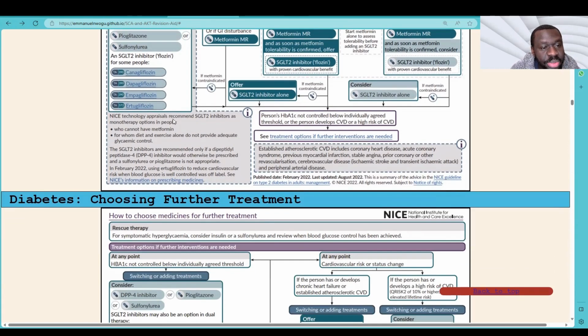NICE technology appraisals recommend SGLT2 inhibitors as monotherapy options in people who cannot have metformin, in those for whom diet and exercise alone do not provide adequate glycemic control. The SGLT2 inhibitors are recommended only if a dipeptidyl peptidase 4 inhibitor would otherwise be prescribed and a sulfonylurea or pioglitazone is not appropriate. In February 2022, using etugliflozin to reduce cardiovascular risk when blood glucose is well controlled is